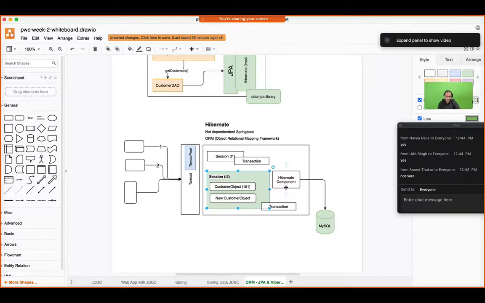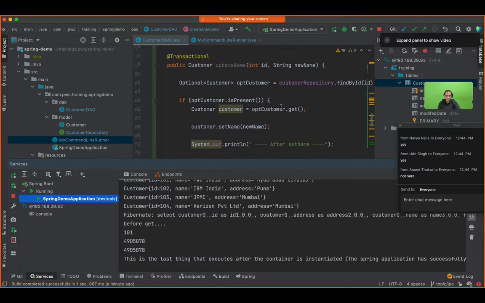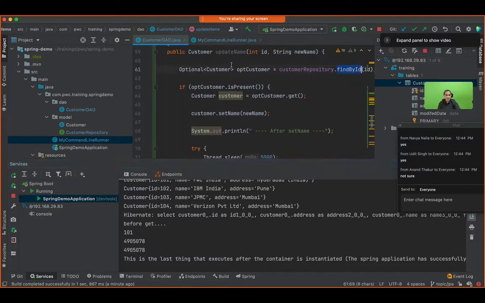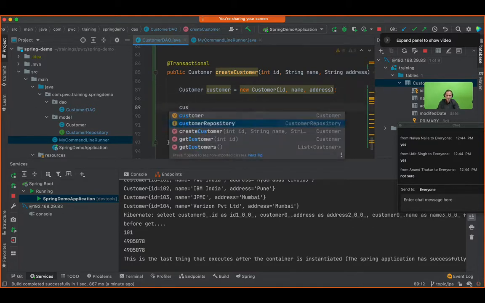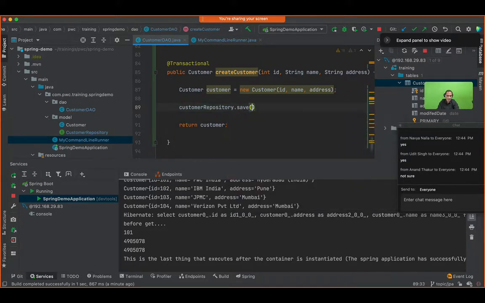This object that we retrieve in the update customer case, when we retrieve it, it goes into the session object so that when we change the name of it, it understands that it was retrieved. That means it is already there in the database. Now, when you change the name, it's a dirty object and it is supposed to fire an update. But here, when I create a new object, it doesn't even know about the existence of this new object. So what I'm going to do is tell Hibernate through the customer repository, hey, hello,